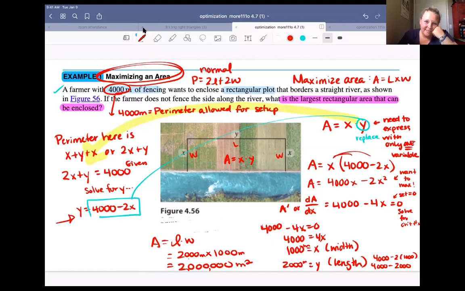Questions on any of this? Because the one with the fence at the motel is pretty similar. You can rewatch it later, take it, process it. I'm going to go to another slide just to